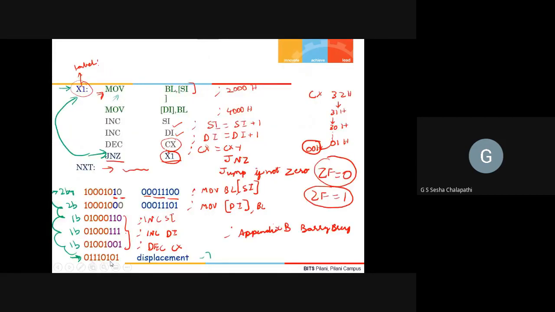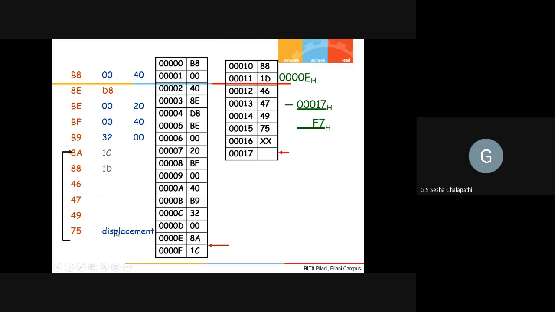Then this is 75, and then the displacement. So this will be the value that you will be having. The displacement will actually be here.